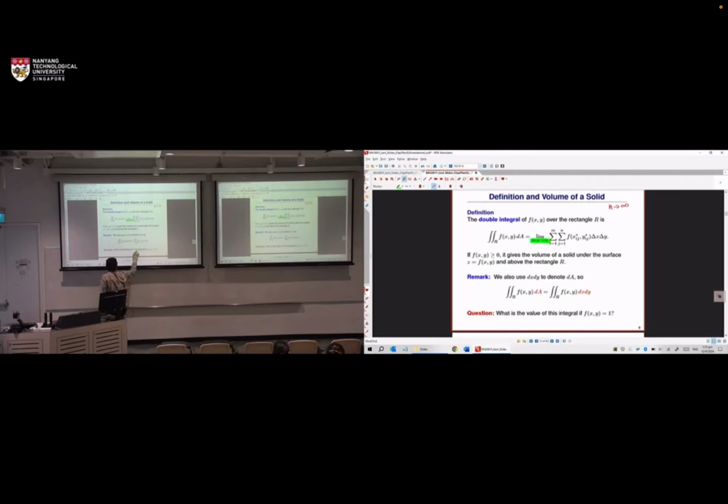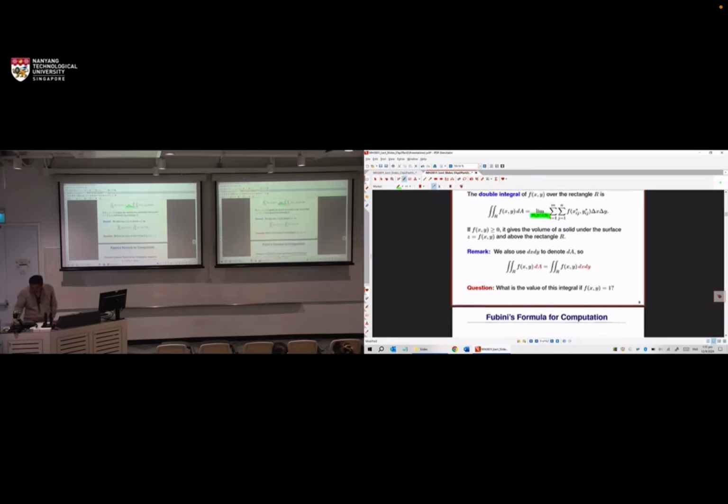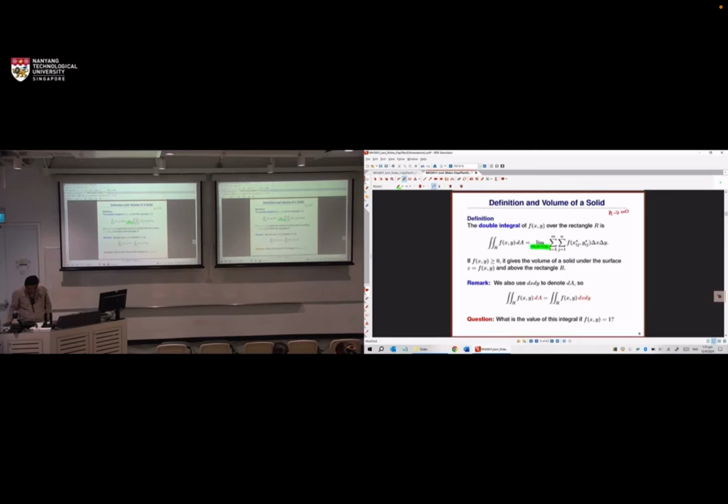Now, tell me, what is the value of this integral if f(x,y) equals 1? This question I ask every year in the exam. What is the value of this integral if f(x,y) equals 1? I write it out for you. The double integral over R of 1 dx dy gives me the double integral over R of dx dy. That gives you